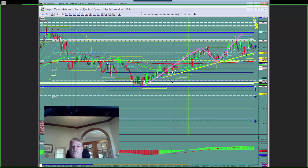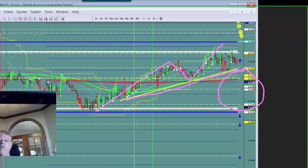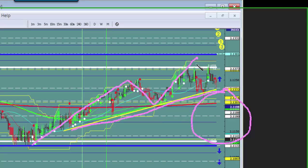Right now they've also created a nice little channel right here, and I can see that if I could break this channel, which is the next probable move, my reward opportunity is right here. Now, they've proven to me that they're not going to trend. How did they do that? Because they put in lower highs, all right? Lower highs. All right, so if I get the break here, a break hook and go to the downside, this